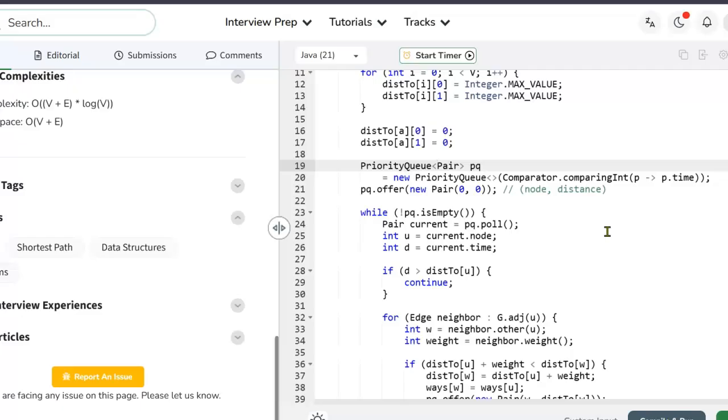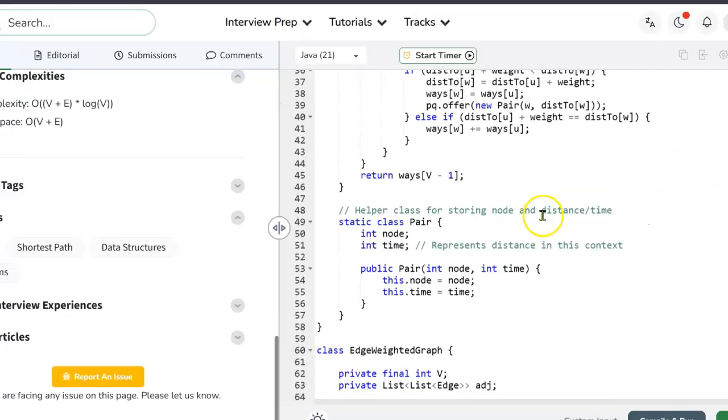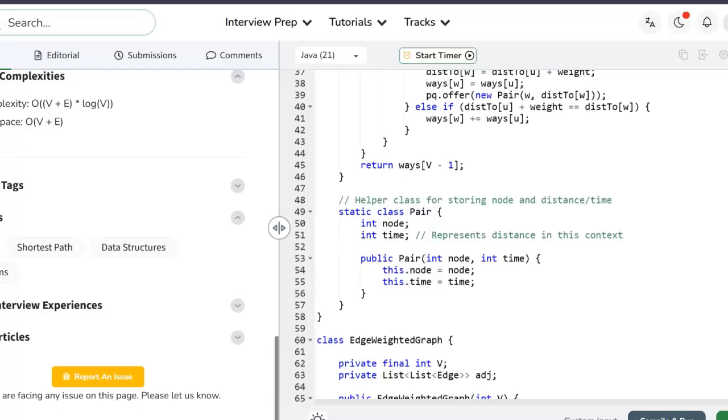So for each pair, node and distance, we would add nodes to the shortest path in increasing order of distance, so shortest distance first, which is the way that Dijkstra works. In this case, we are not going to be able to use pair because we have 2 distances. So we're going to have to change this up a little bit. It's still a helper class, but it's not really the same thing. Let's just call it